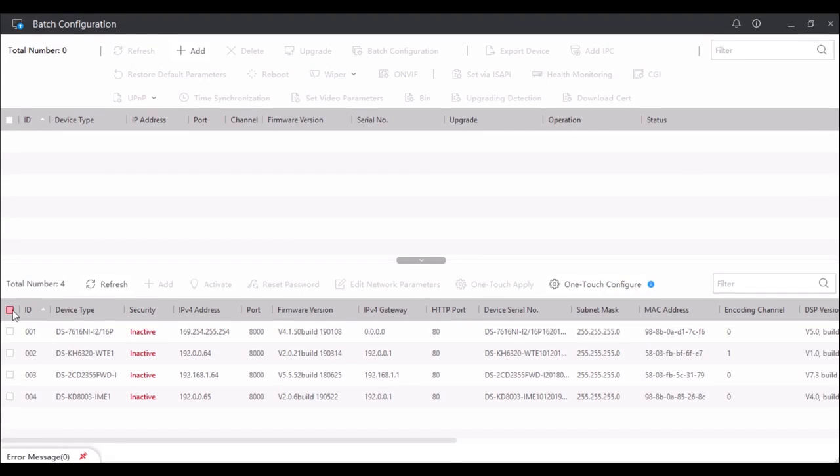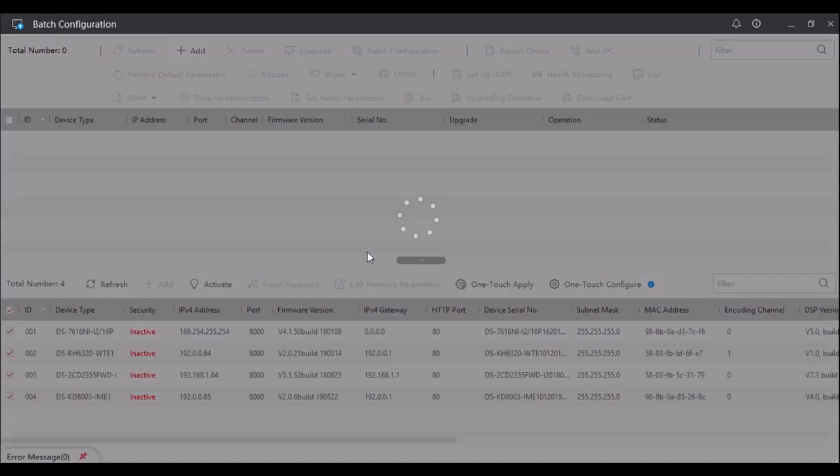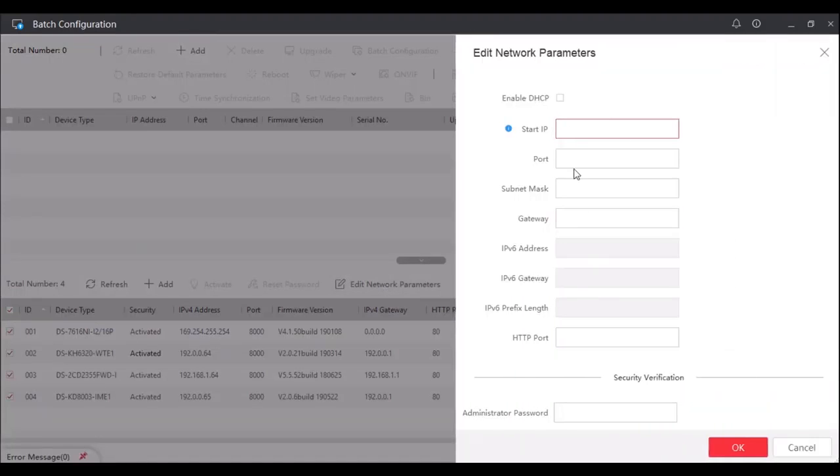To activate devices, select all inactive devices and click on Activate. Give it a password. They are all activated. To bulk assign network addresses, select all activated devices and click on Edit Network Parameters. If you are unsure of what to put in here, please consult the site's IT department. I'm going to use